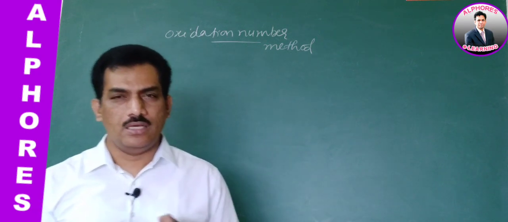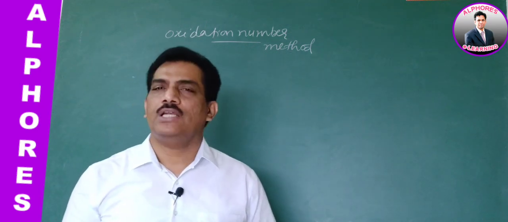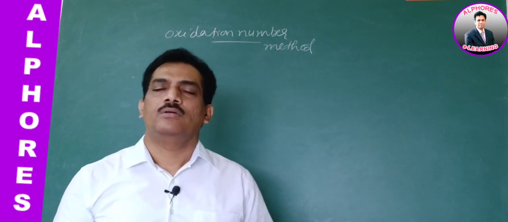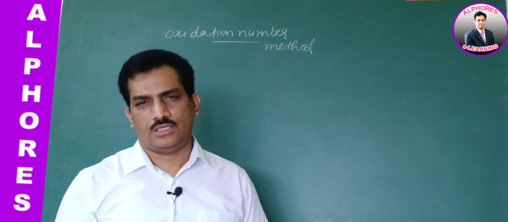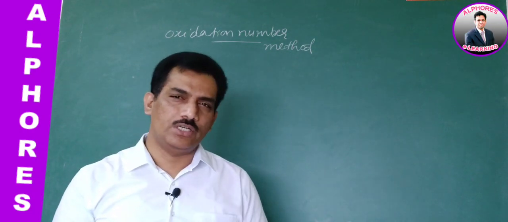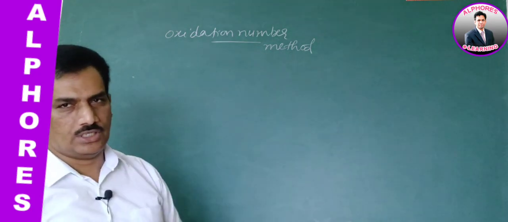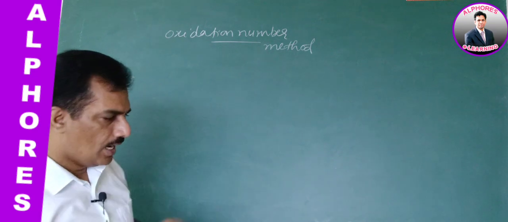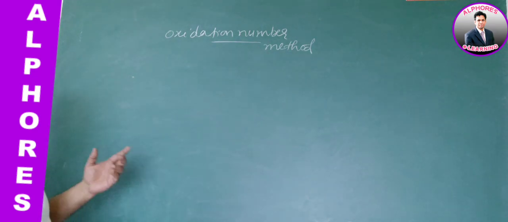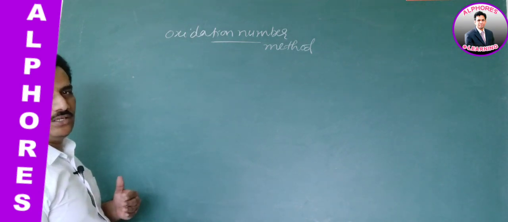If there is any oxidation number change, whether it is increased or decreased, in such a manner we have to search. Clear? So when we are considering the change in oxidation number for balancing the equation, that's why the name is oxidation number method. Clear? And now let us take one example, the best known example,